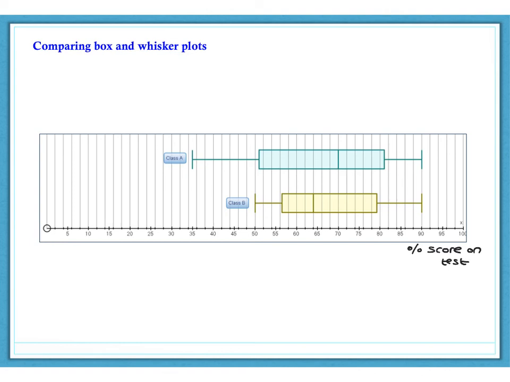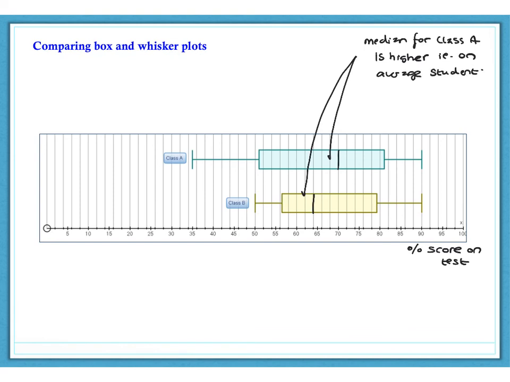Let's start by looking at the median. So we can see the median for Class B is lower than the median for Class A. Even without knowing the numbers, the visual from the box plots gives us this information. So we can say very clearly that the median for Class A is higher. So remember the comment we made previously, i.e. on average,